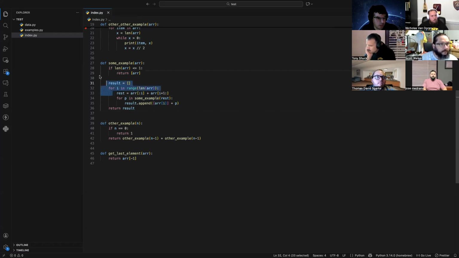I don't think you could write a worse function than that one, or at least a less efficient one. So that's the worst you're going to get. This is factorial. You're never going to see this, but it's important for you to be able to identify it and why it's bad.